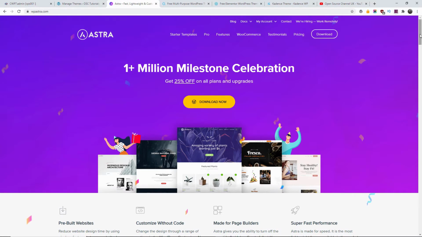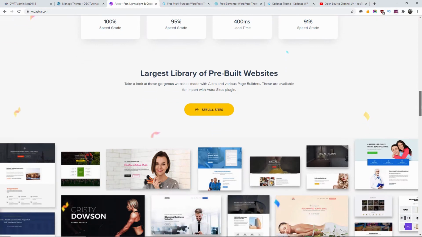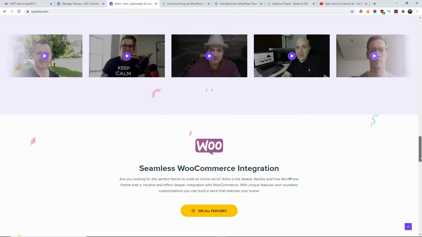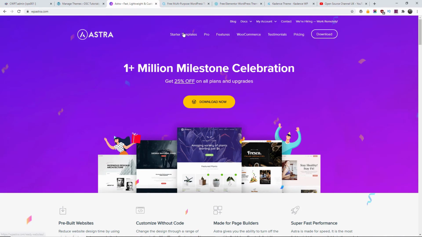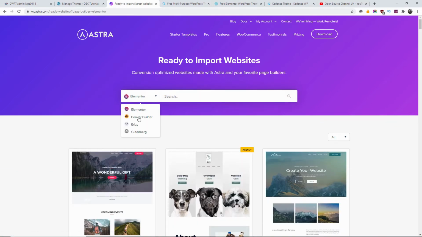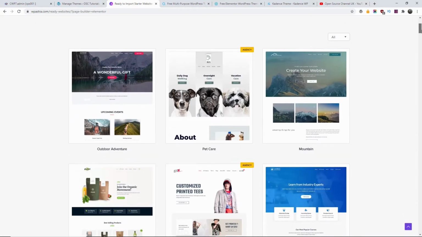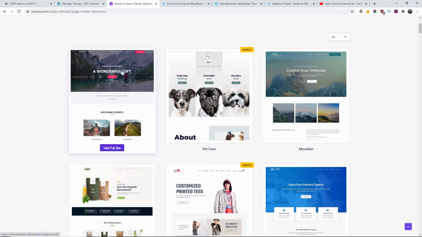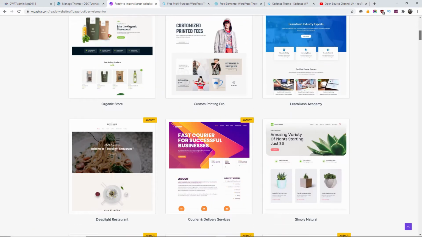This is Astra. You can find it at wpastra.com and you can find all the latest information and prices. Most of them are free and premium. It's up to you. The ones we're going to use, of course, are all free. You don't need to purchase anything. And you can have a choice to use multiple different types of page builders like Elementor, Beaver, and many others. There are free and, of course, paid